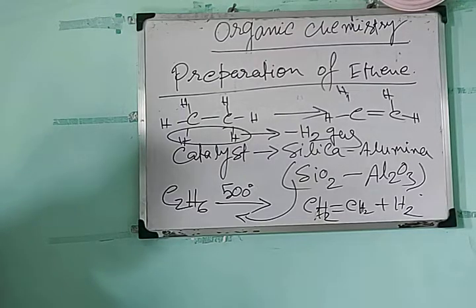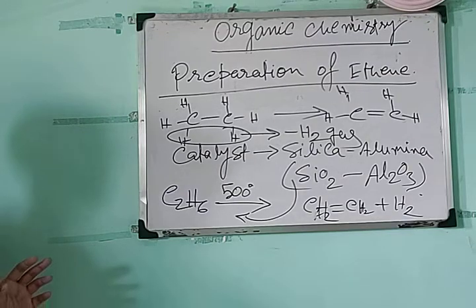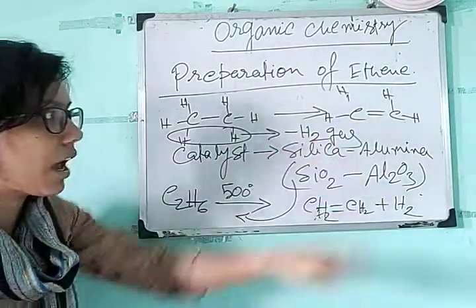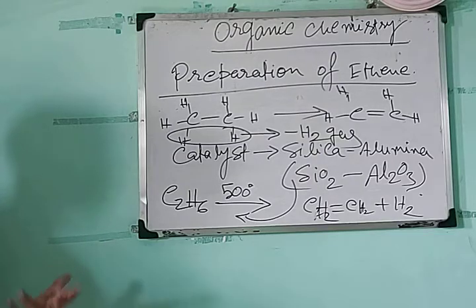So these are some preparatory methods for the ethene molecule. In case of chemical properties of alkenes, the difference between alkane and alkene is that alkanes are not so reactive, but alkenes are more reactive. Alkenes are more reactive than alkanes because of the presence of the double bond. The stability of the double bond is lower than that of a single bond. The double bond is weak and opens up easily. That's why any alkene will have higher reactivity than any alkane.